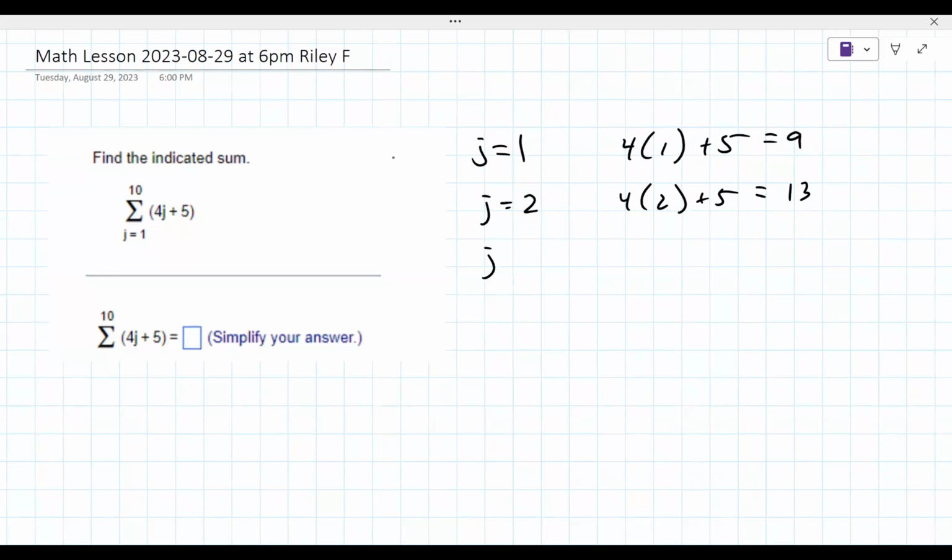That means it is 4 times 1 plus 5, which is 9. When j is 2, it's 4 times 2 plus 5, which is 13. When j is 3, it's 4 times 3 plus 5, which equals 17. Now, do you have to show work on these, or do you just have to kind